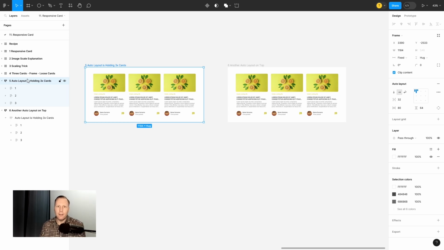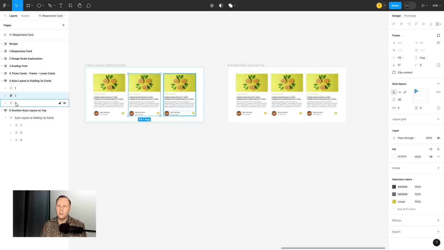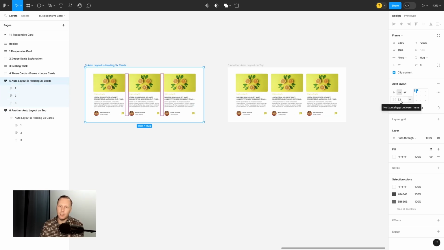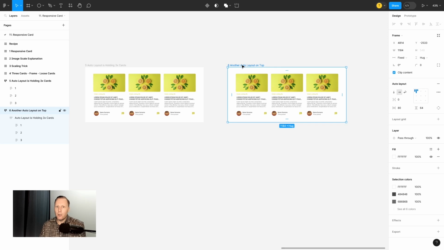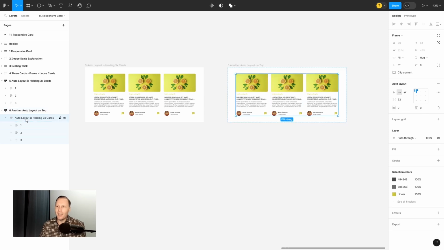Let's look on the left side. Auto layout 5 has 3 cards inside. Each card was set to fill, right? And auto layout on top is controlling gap between each card. If I select gap, you can see red squares. And padding left and right, and it is fixed. And AutoLayout 6 is controlling padding outside, but it has another AutoLayout inside that controls only gap, and it was